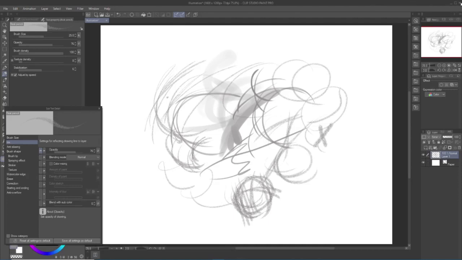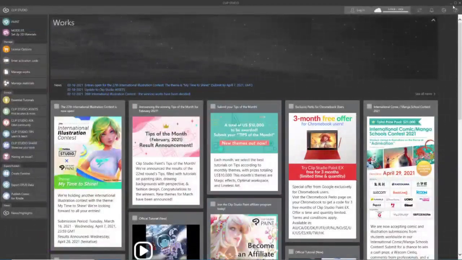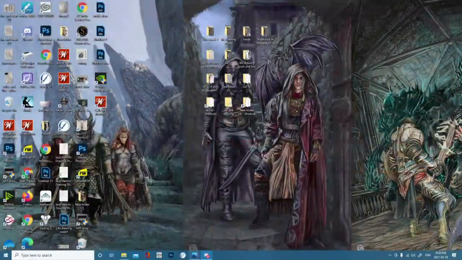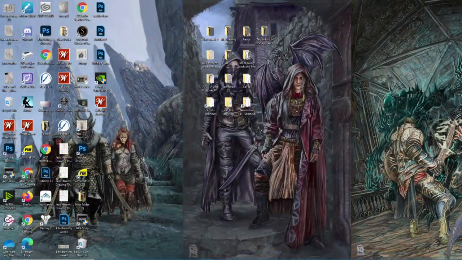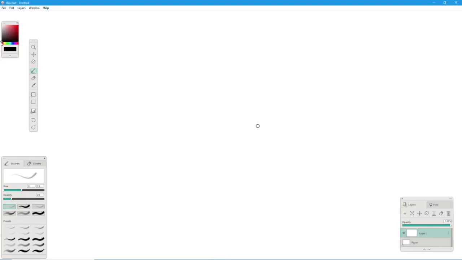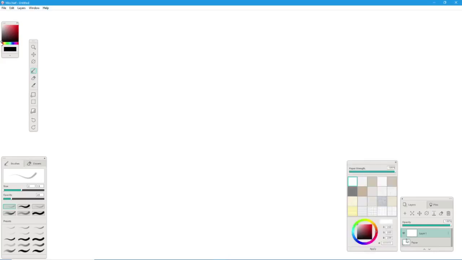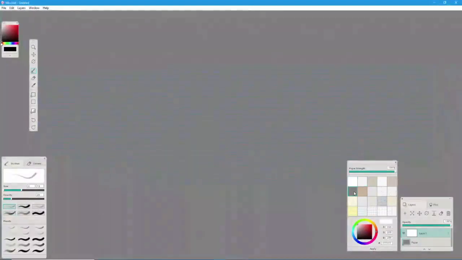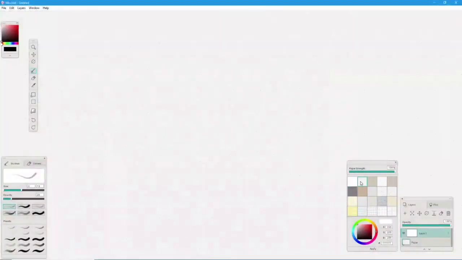Okay. I will close Clip Studio and I will open up Photoshop again. Do you know what? You guys, I just want to show you a program because it's a really cool program and it's free now if you can actually find the website that's supporting it, because the company went out of business because one of the big